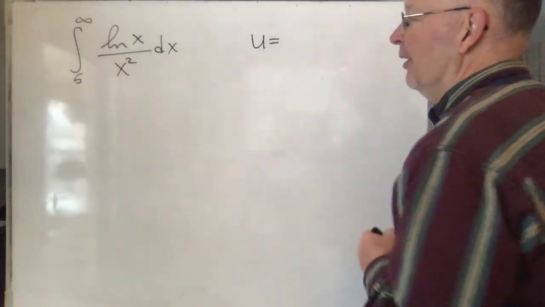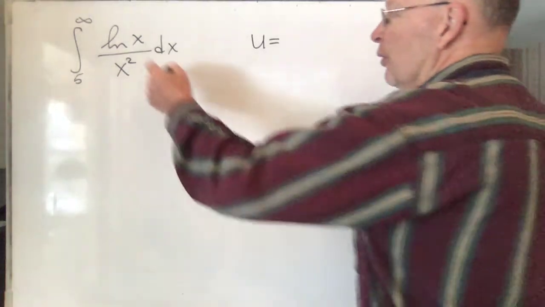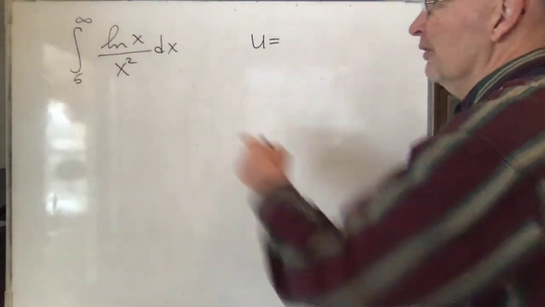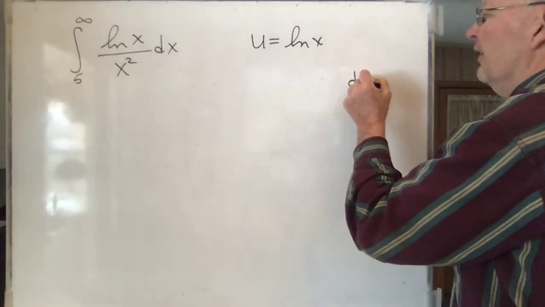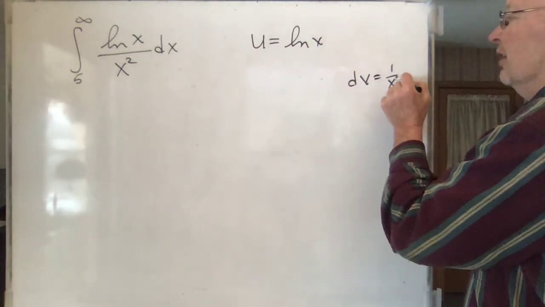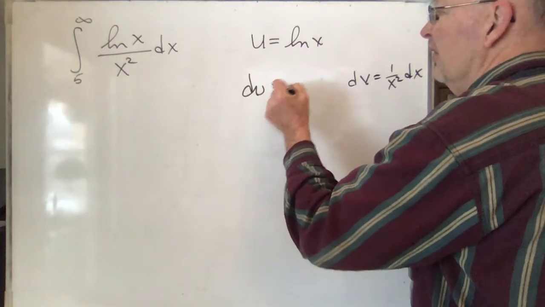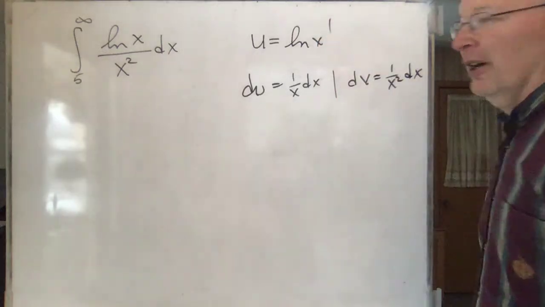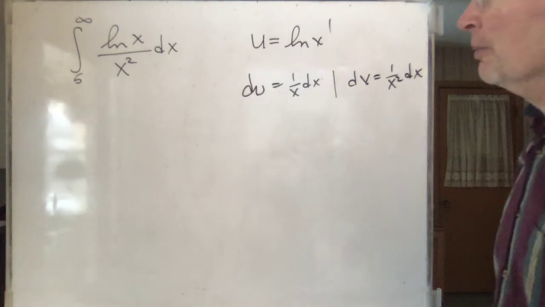Remember integration by parts? You use integration by parts quite often when you have the product of functions that are different from each other. So here you have a logarithm function, and you also have an algebraic function. So I'll let u... du is equal to 1 over x dx, and I'll let you take it from there. Go ahead and find out what that thing converges to.